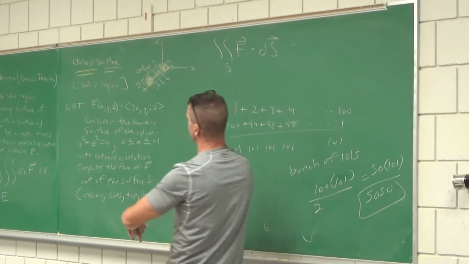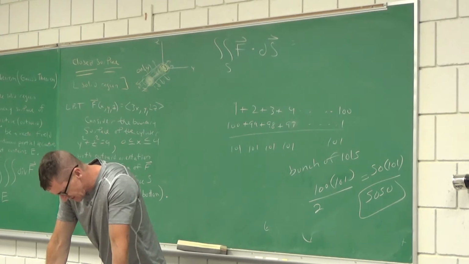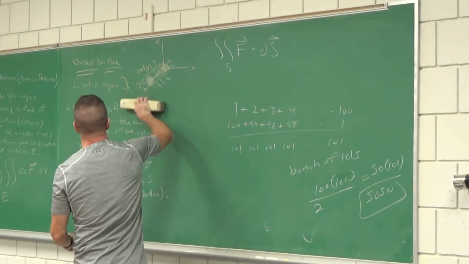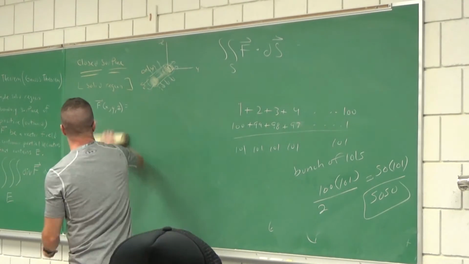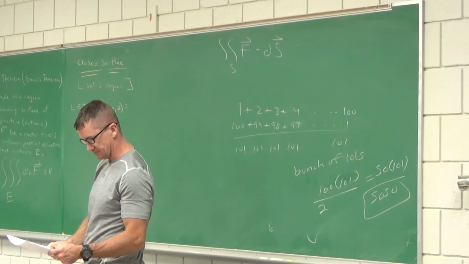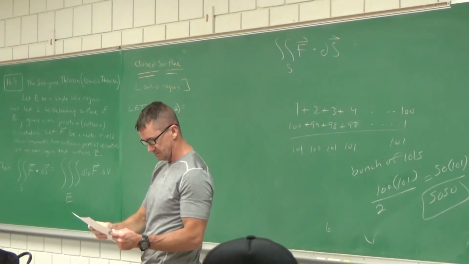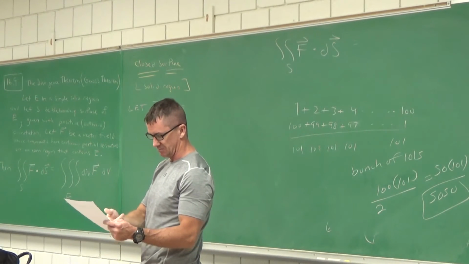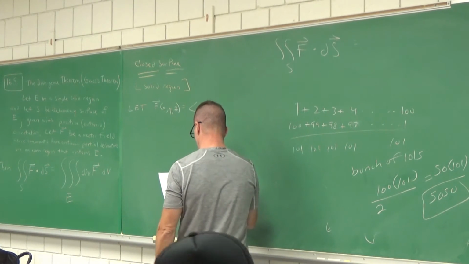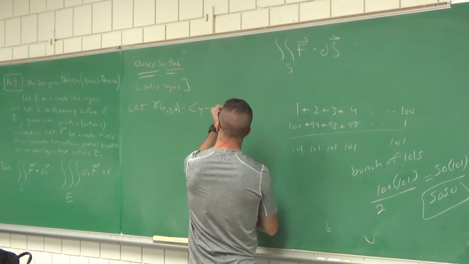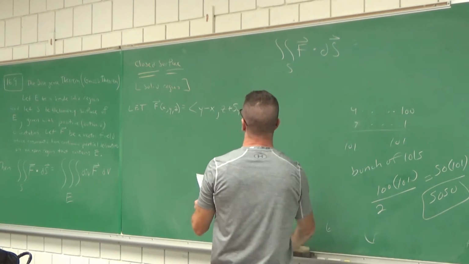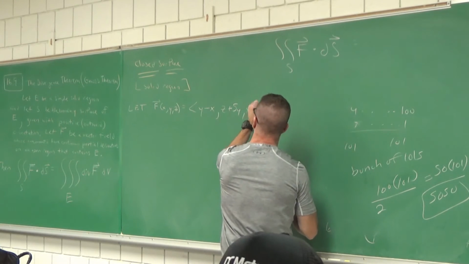Cool? Alright, we did a cylinder. What's the next one? Let's now do, oh, it's a box. Everyone, the vector field's a little different, so let me change this up. I'll erase all this. This time, I'll erase that picture. The vector field is, yeah, we did number 4, that was just an extra problem. y minus x, z plus 5y, and x plus 2y.